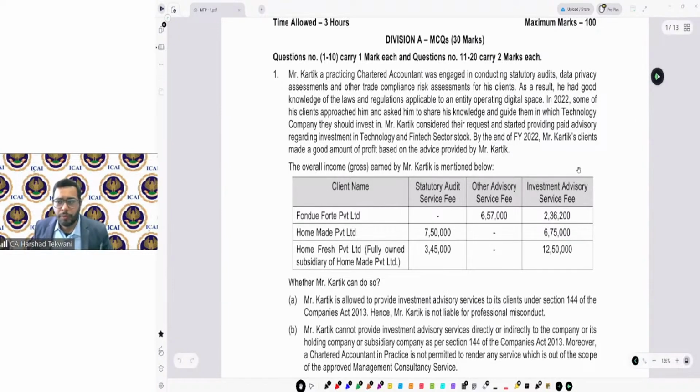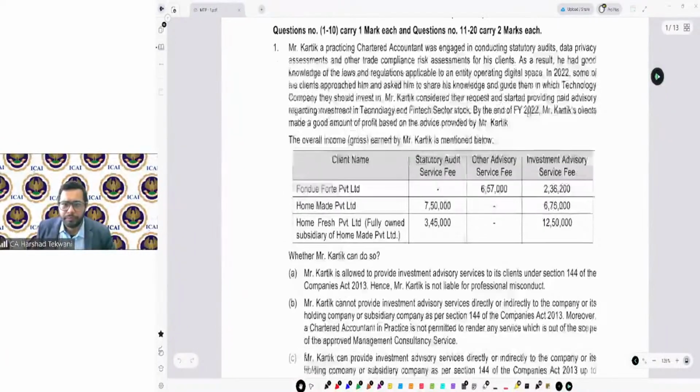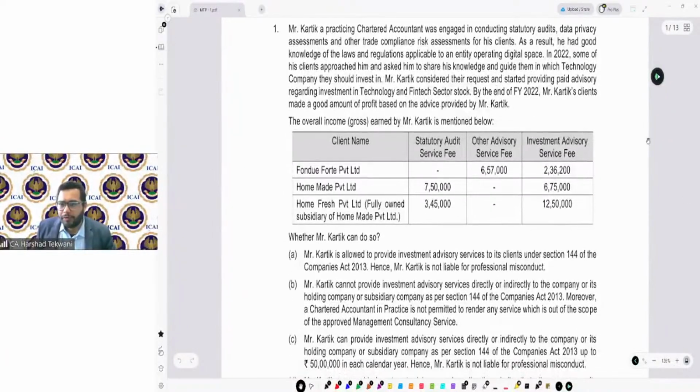Okay, so let's start with today's first question. We'll start with the MCQs, then the integrated case scenario, and then we'll continue with that. So the first question for today,